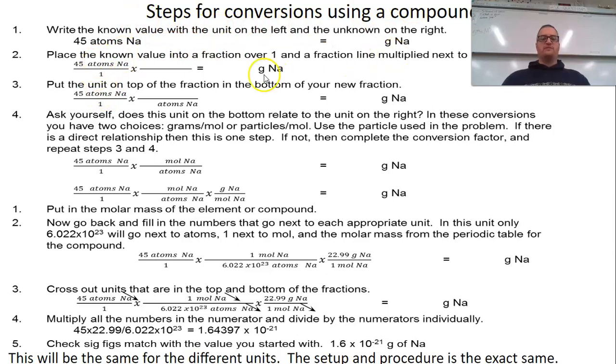Again, if this was going atoms to grams, it really walks you through all of it. So if you wanted to read through it and pause, and some of you work better that way, the big idea is that you have your units get canceled out in order to get to the final unit that you have there. And the values go next to the units, which is why we get there. Same all the time, different units, different setup procedures. So again, your units are telling you how far to go. Just like if you were traveling